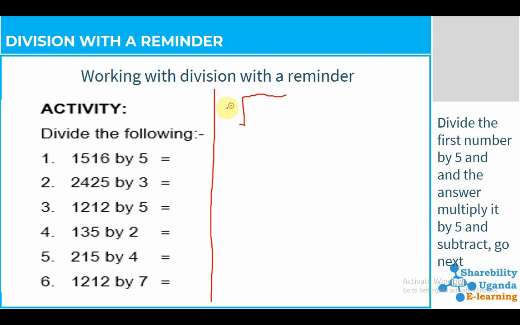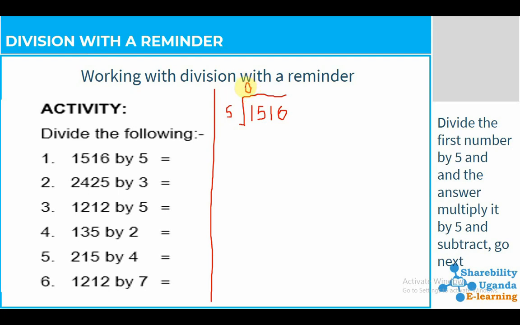We have our 5 here, and here we are having our 1, 5, 1, 6. So we are going to divide these numbers one by one. We get the first number and divide it by this. When you get our first number divided by that, we get a 0,